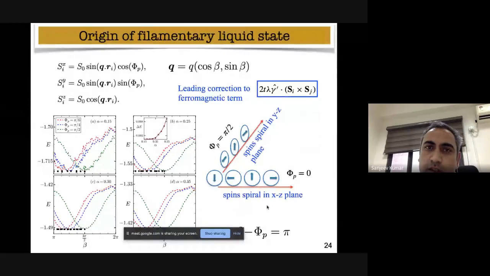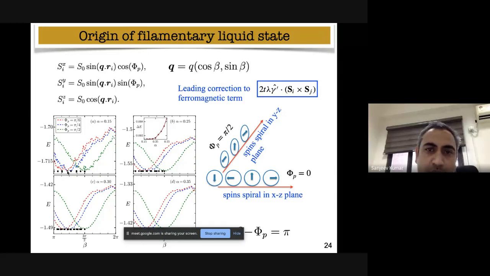This is what is shown in these plots: we set up a variational calculation for the spins and show that the energy for different spin configurations with different orientations of the spiraling plane and corresponding different Q vectors end up